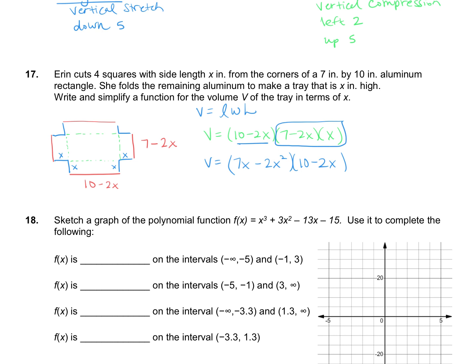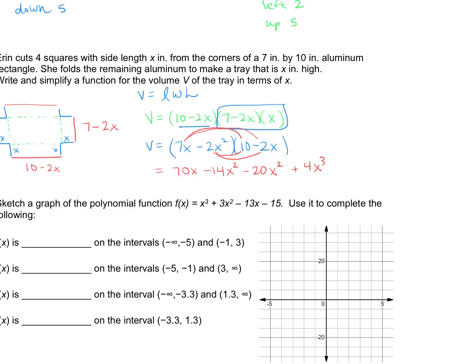To do that, we're just going to distribute. We'll do 7x times positive 10, which is positive 70x. 7x times a negative 2x is a negative 14x squared. Now let's distribute negative 2x squared times 10 is a negative 20x squared. And then negative 2x squared times a negative 2x is a positive 4x to the third. So we're almost done with this problem. Our final volume,